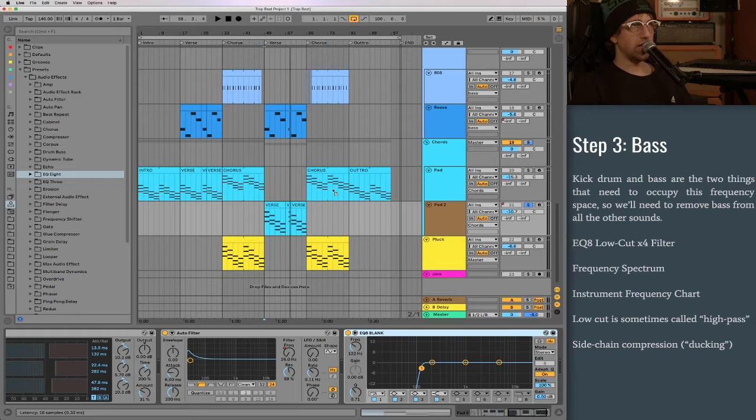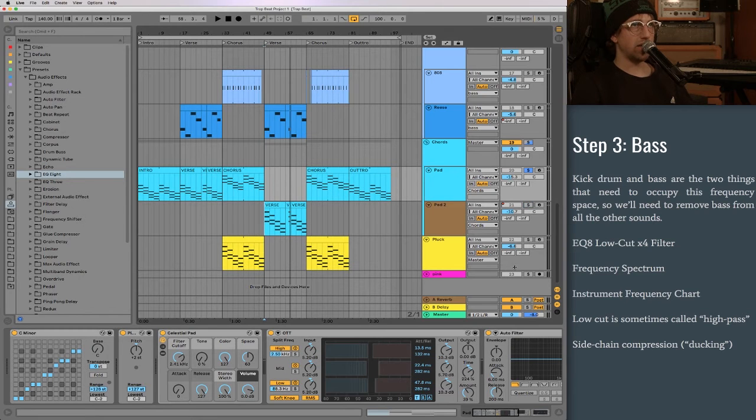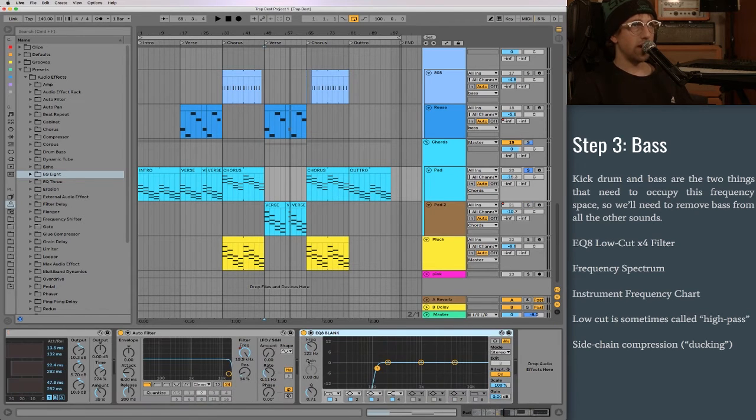All right, same thing. Let's copy and paste this onto our second pad, and let's take a listen to that one. So this is interesting. This shows us that we can high pass all the way up to like 250 hertz on this synth. But we have to keep in mind that in the intro and in the verse, it plays the keyboard part an octave lower, which means that the frequencies or the pitches, different name for the same thing,